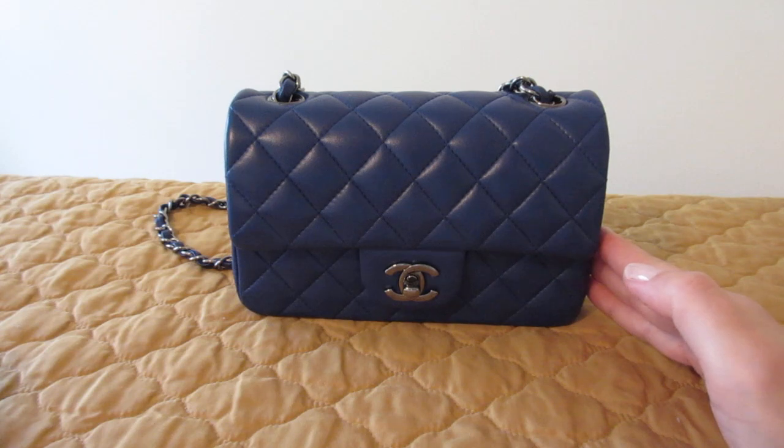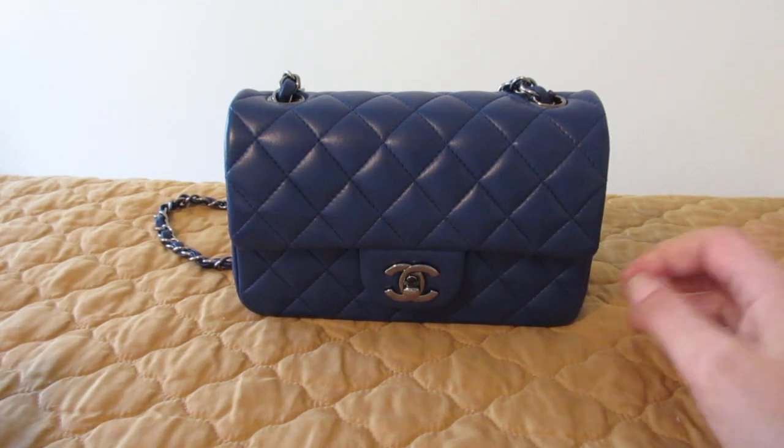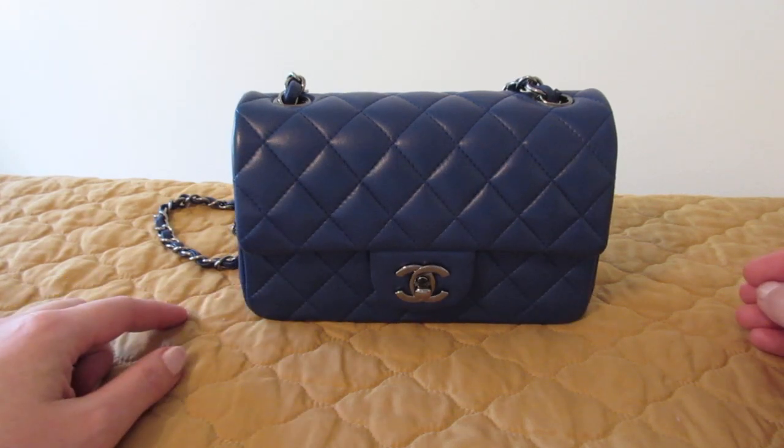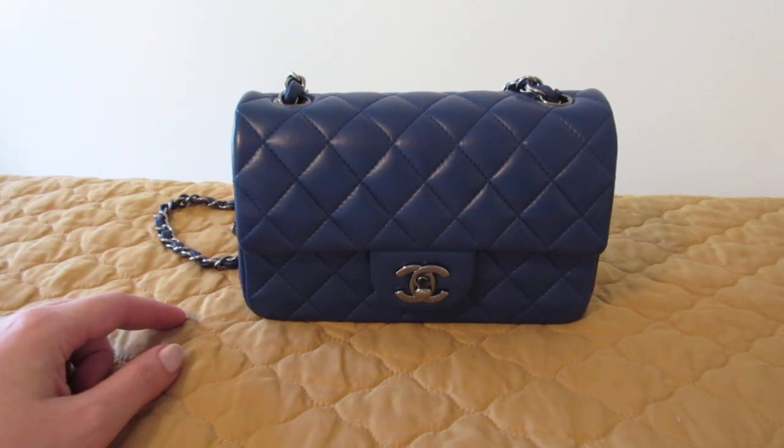I'm placing them too Tetris-like, and it's not my comfort level. My comfort is to just put things in and easily be able to grab them out, and I feel like with a mini bag, you're playing too many games with organization. So that's the second reason why I'm letting it go, is it's a little too small and too trendy